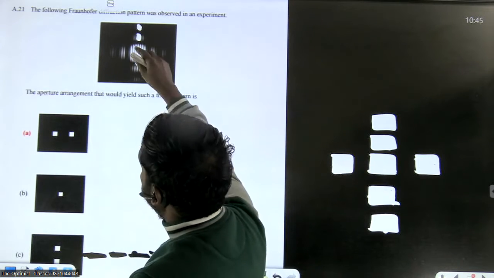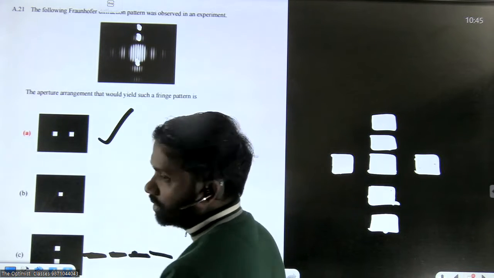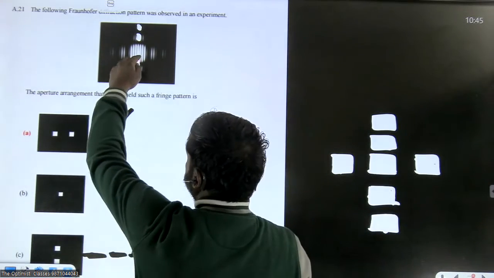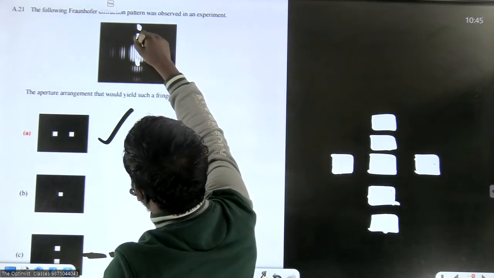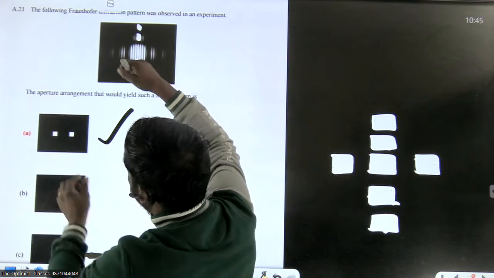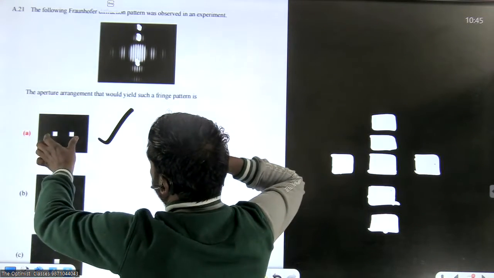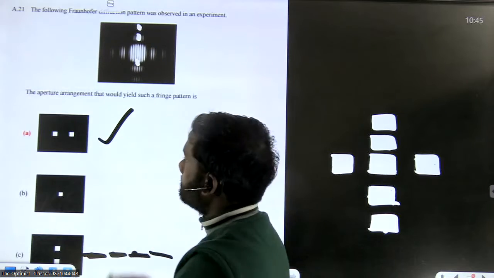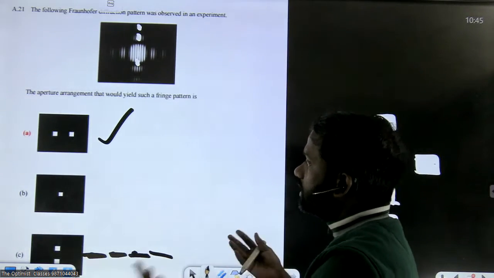So that's why the correct option is this actually, because secondary maxima are vertical. Here, as we are saying, if there is maxima at one place, above that also light coming from these two square apertures will have path difference 0, so there will again be a maxima. One more thing we can say that here